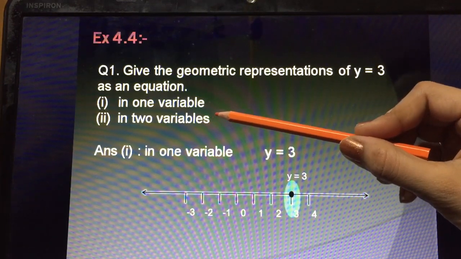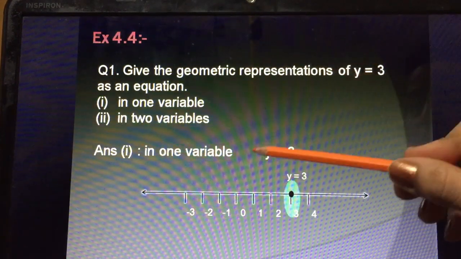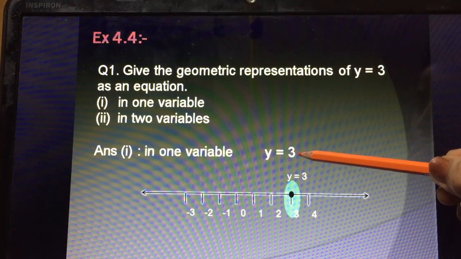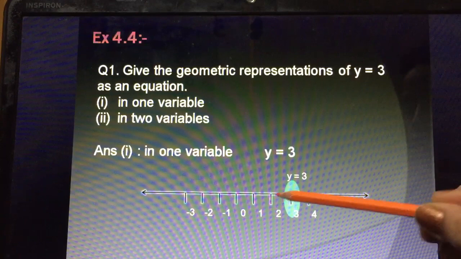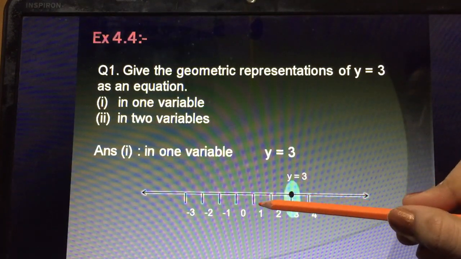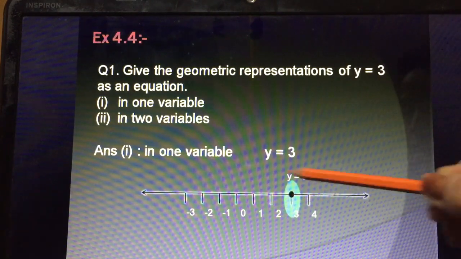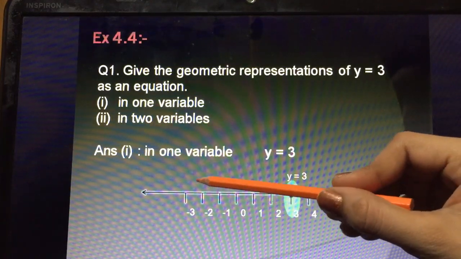एक 1 वेरिएबल में, 1 वेरिएबल मीन्स आपकी इक्वेशन y इक्वल टू 3 है, उसमें x का कोई जिक्र नहीं है. ओके, एक तो आपको ऐसे करना है, दूसरा आपको 2 वेरिएबल्स में, यानी आपको कार्टेशियन प्लेन पे प्लॉट करना है. तो पहले हम 1 वेरिएबल को देखते हैं ना. 1 वेरिएबल के हिसाब से आपकी इक्वेशन है y इक्वल टू 3. तो आप कैसे प्लॉट करेंगे? इसे नंबर लाइन पे प्लॉट करेंगे. यू नो हाउ टू ड्रॉ द नंबर लाइन. ड्रॉ अ लाइन और एट interval of 1 centimeter you will plot the numbers 0, then 1, then 2, 3, 4, and towards the left of 0, -1, -2, -3, -4, and so on.